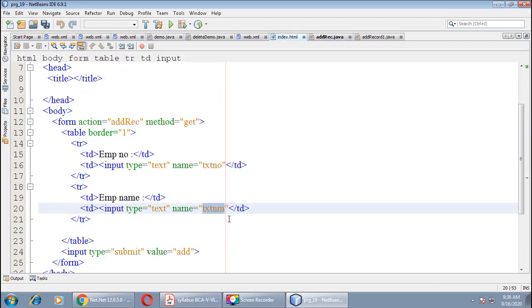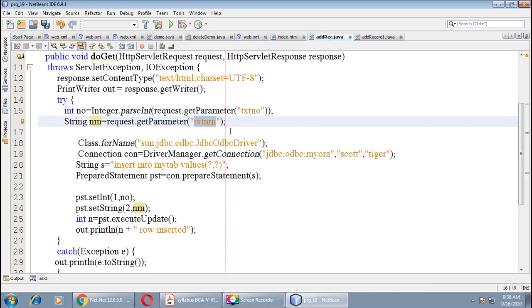We got the value of this text box in our servlet through the getParameter method. Then this value will come in nm, and ultimately the value of nm will be passed to the second question mark through the setString method, and this value will go into the myTab table.